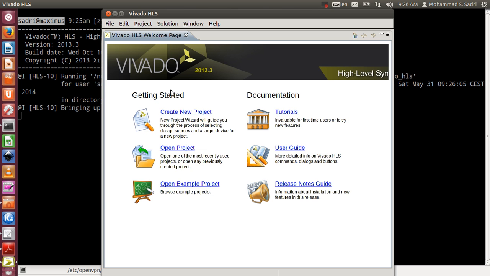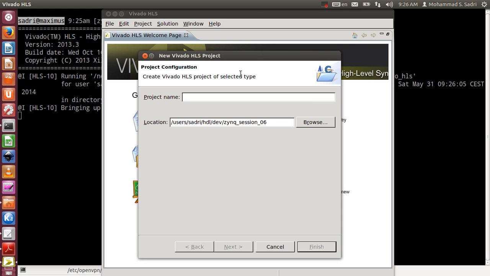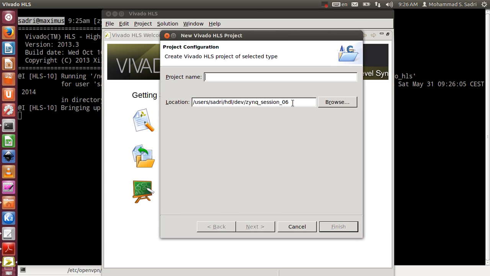And now I go ahead with create new project. This is kind of an old version of Vivado HLS that I have here on this system. The concepts that I am showing today are exactly the same for newer versions. In newer versions you will have more things than what I am showing to you here, but these concepts are exactly the same. So I will call it simple AXI stream